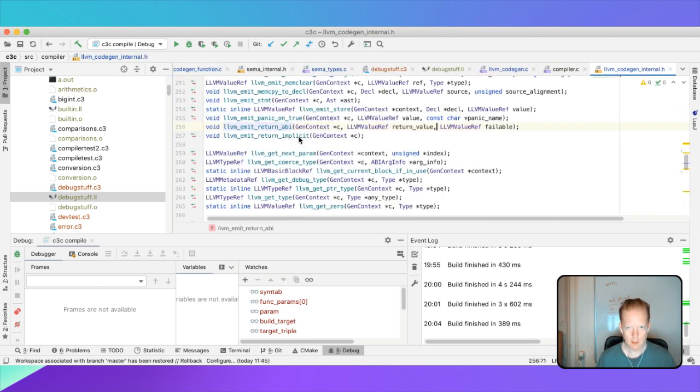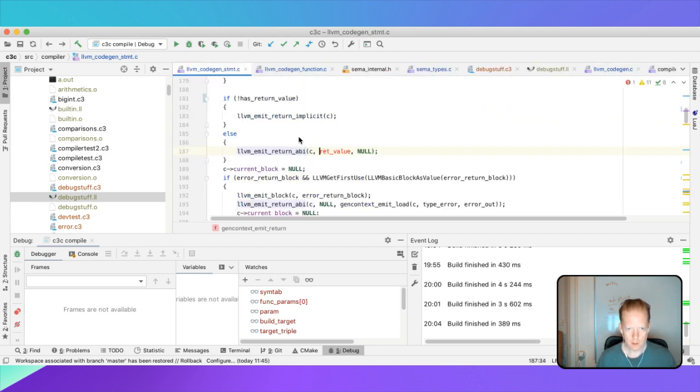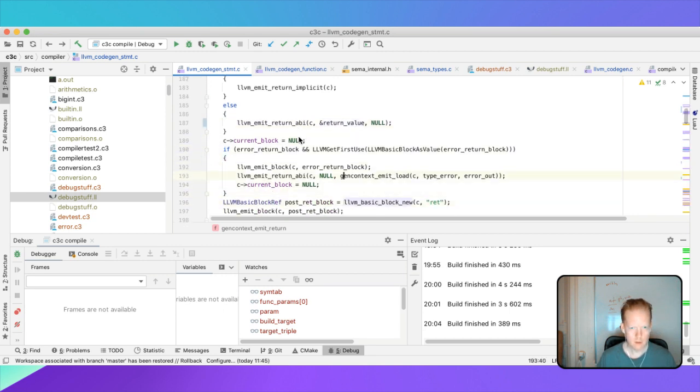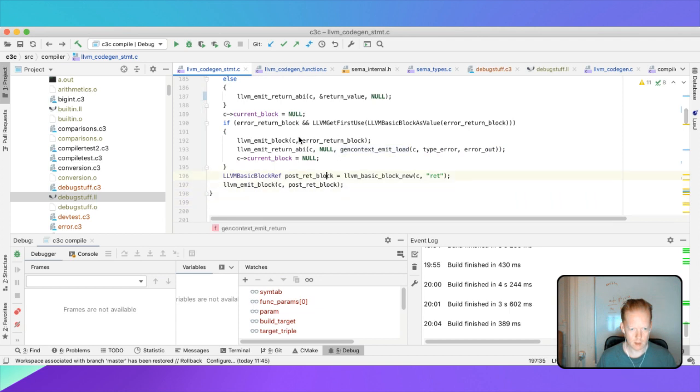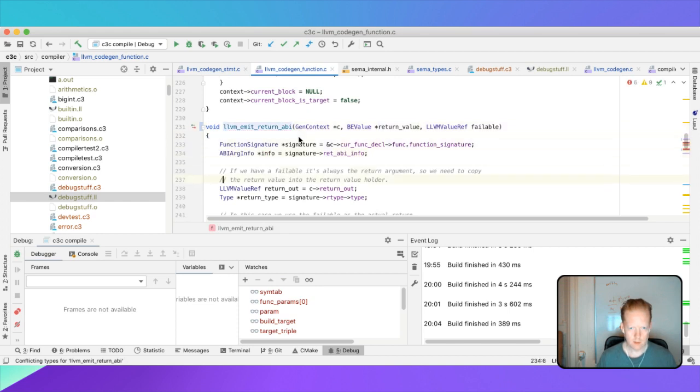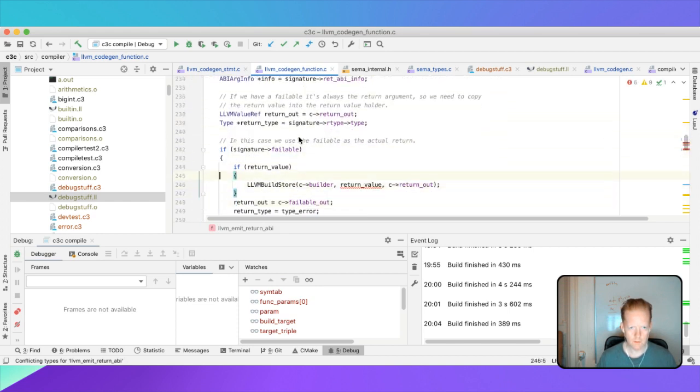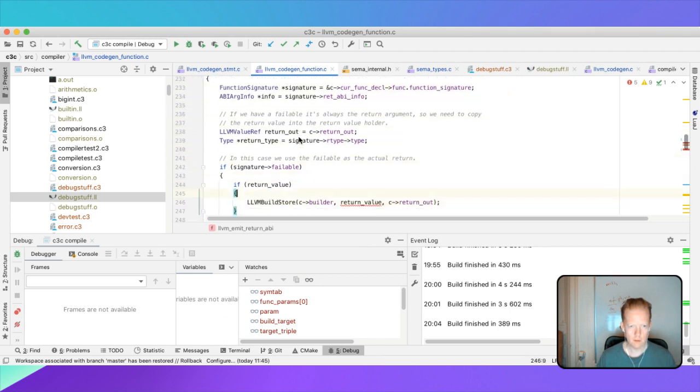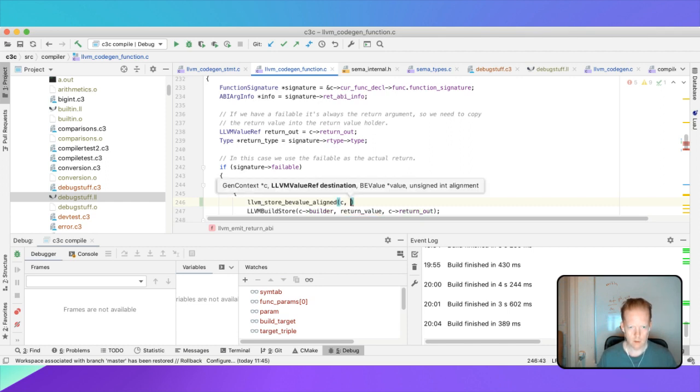So that one is now not taking that, it's taking this. So we send that one, the ret value up there, into the result. Otherwise we take null and everything is fine. And so in this case, if it's available, we have a return value, we do a store into